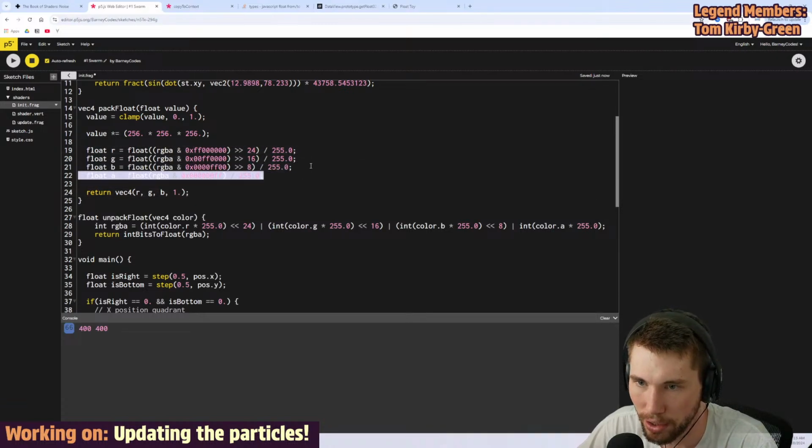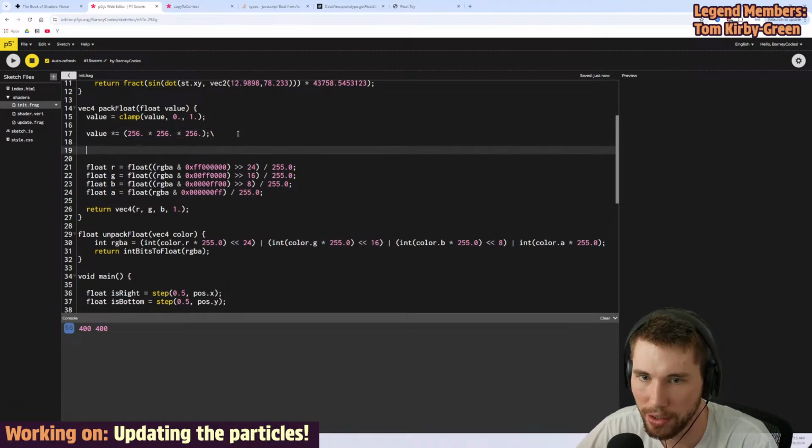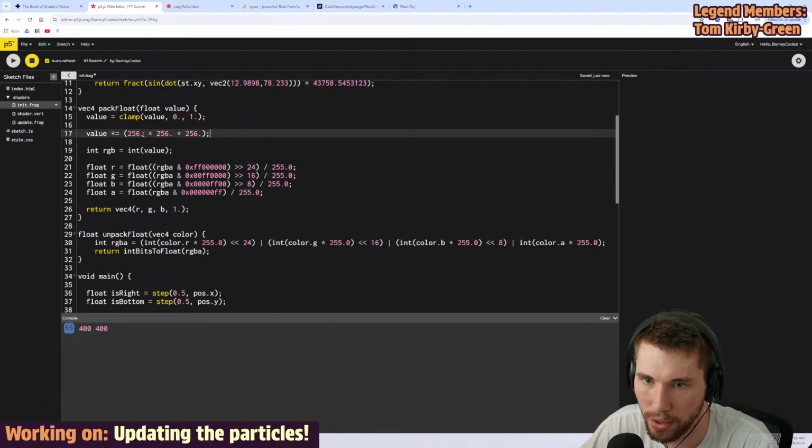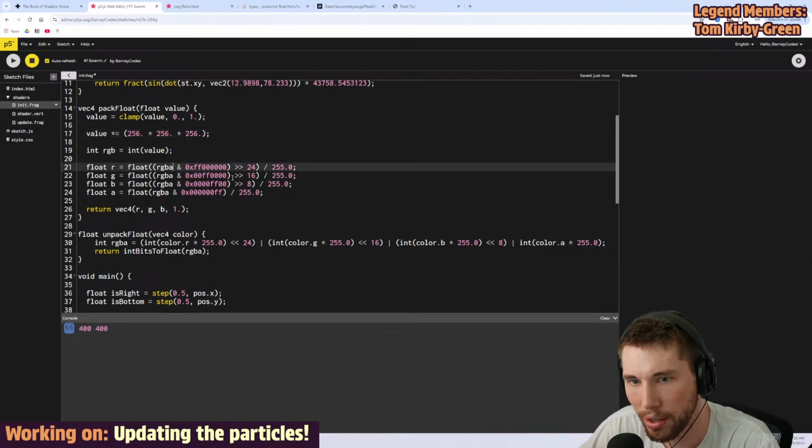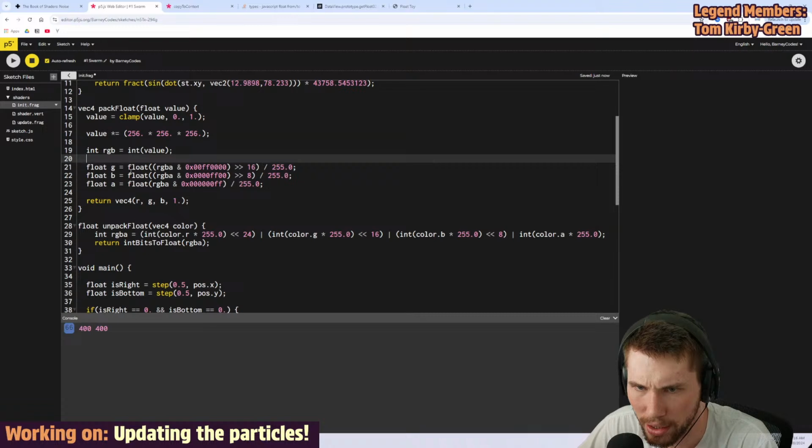Okay, so in this case, we want to say int RGB equals int of the value, right? And then we AND this with that, and we shift it down 6. Okay, so this would be better off to be